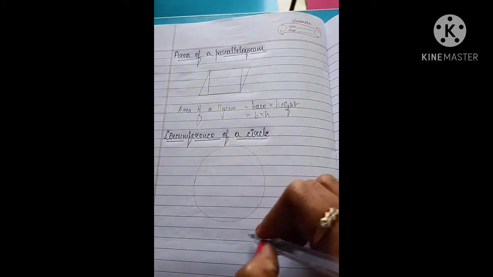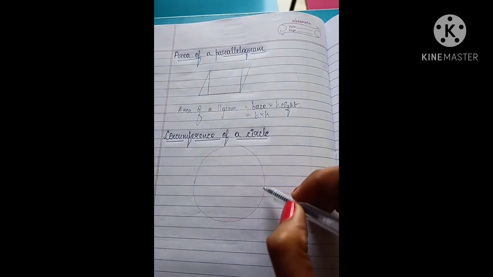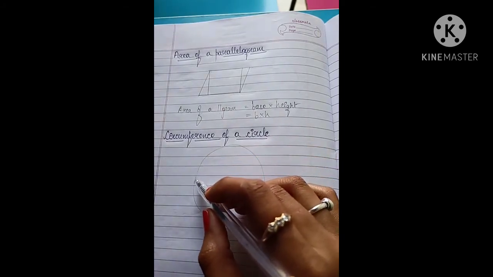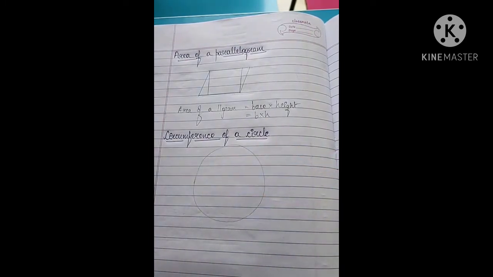Imagine this to be the park, a round park, and from here you start walking and you end at the same point. So this is called the circumference of a circle. Now coming to its formula part,